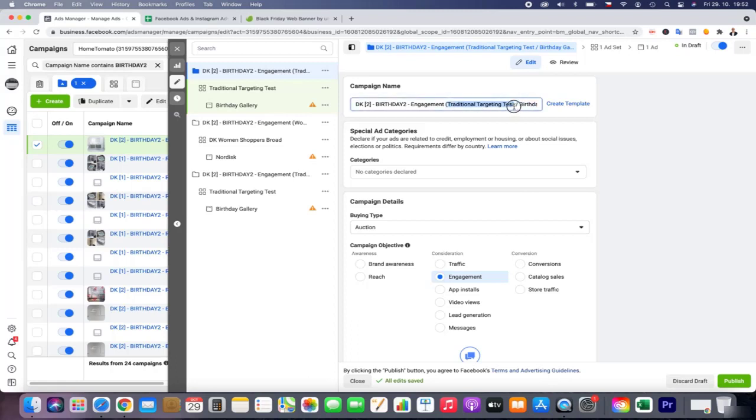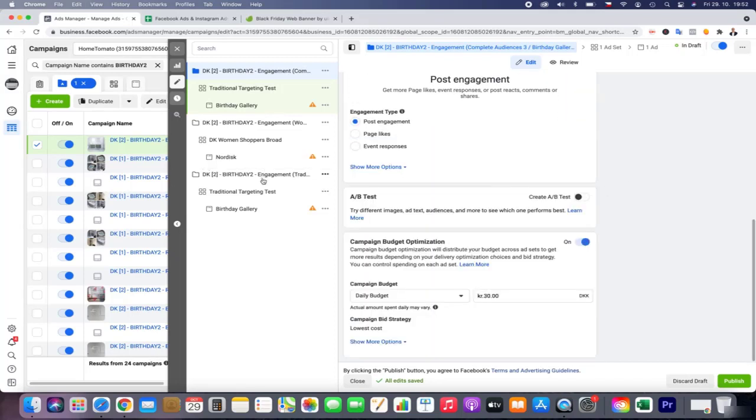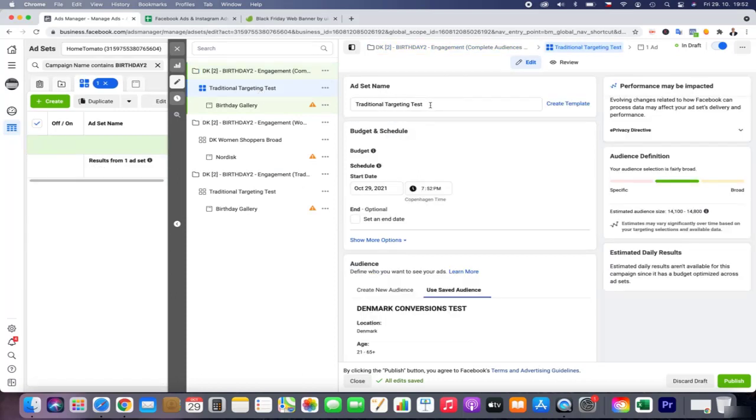And now we will also use some more complete audiences, as we call them. It's basically the mix of custom and lookalike audiences. I think it will be very beneficial for the project to do more. And now we just rename it here.